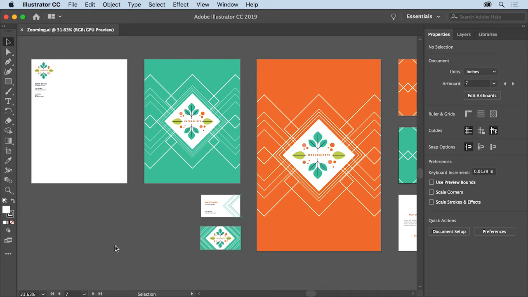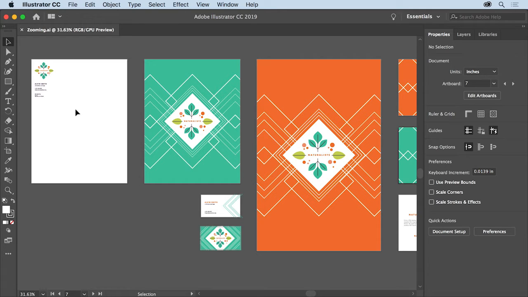Being able to get around in your documents in Illustrator by zooming in and out and moving between artboards will make it much easier to create and edit your artwork. So to get more comfortable with navigating in your documents, you'll explore how to zoom in a document, and then you'll learn how to move or pan in the document window. You can open one of your own Illustrator files or this file from the practice files for this tutorial.